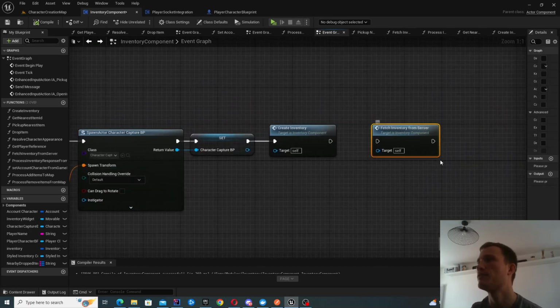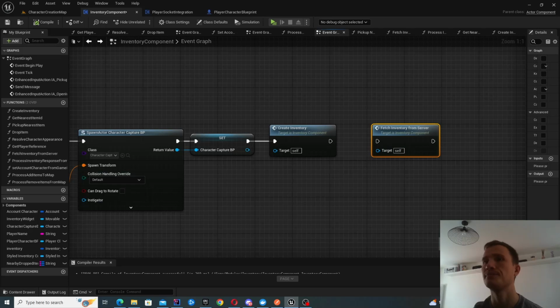I also had the fetch inventory inside this inventory component before. I've disconnected it because it can sometimes have race conditions. So if you call this before the WebSocket is initialized, this request will fail. Now you could add a retry to it, which would be sensible, but it's a bit more logic. So what I've instead done is I've asked to fetch the inventory after I know that the WebSocket has been